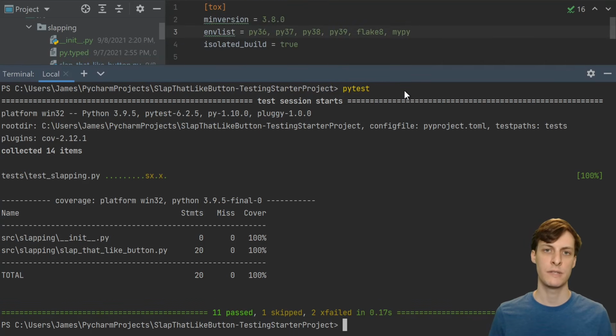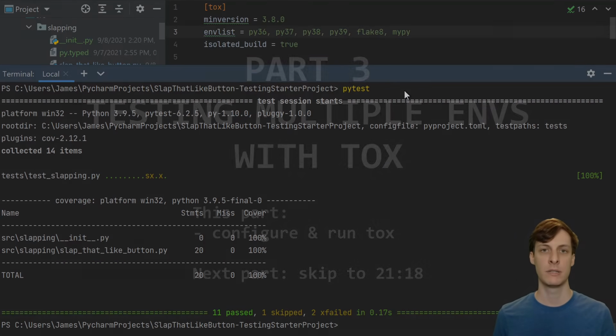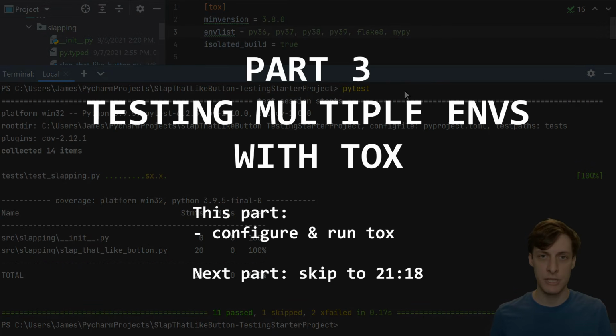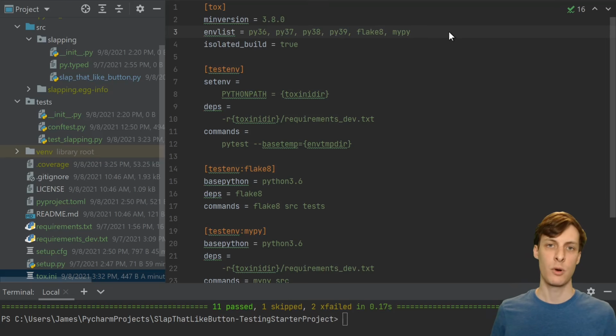So suppose that at this point, all of our tests are running, MyPy passes, PyTest passes, Flake8 passes, everything is good, and everything essentially is good in our current virtual environment. That's what just running those commands outright does. But how do we know that everything is still going to work in a fresh environment or using a different version of Python? Of course, to do all this, we need yet another configuration file.